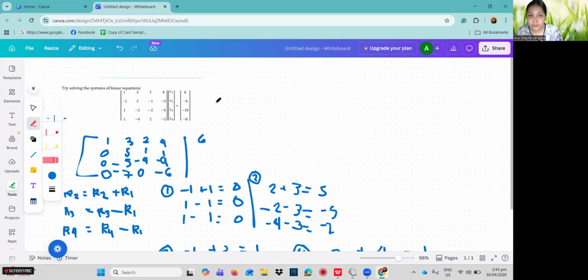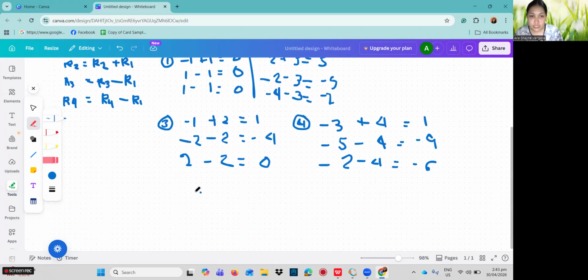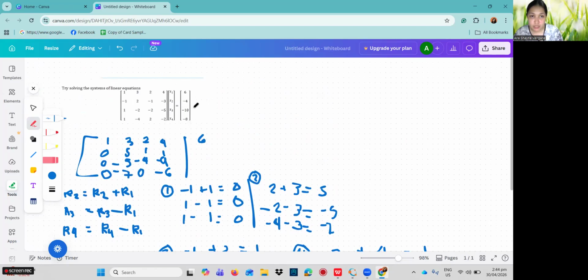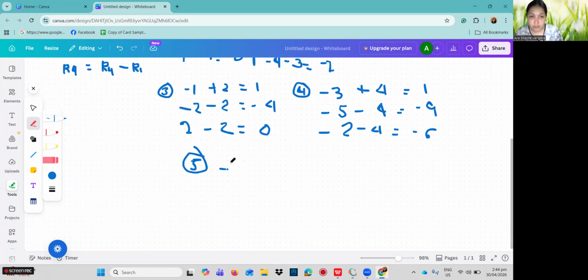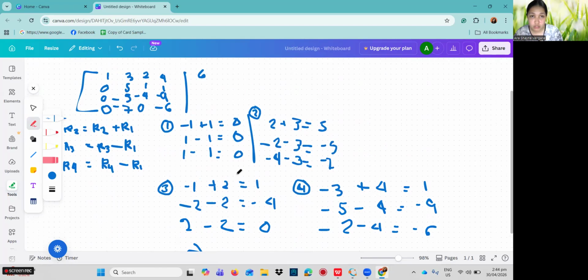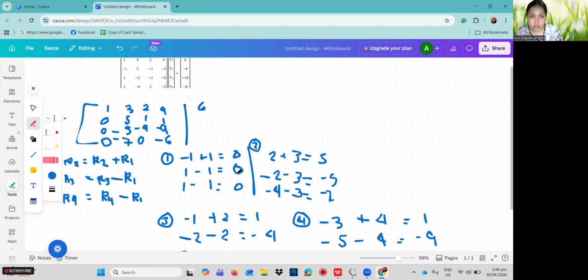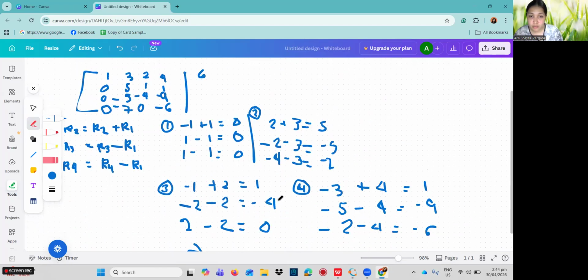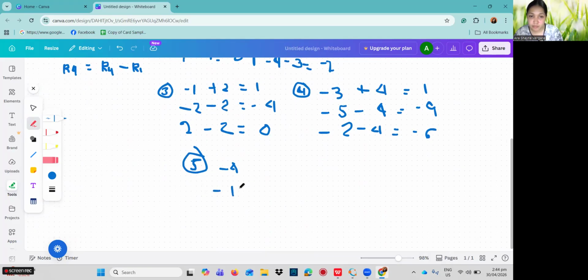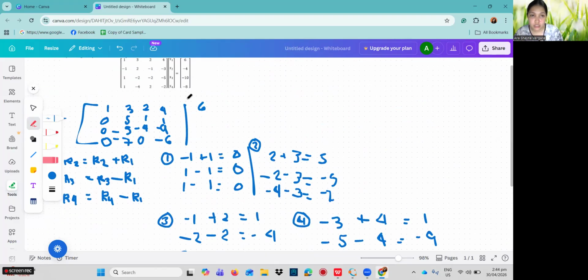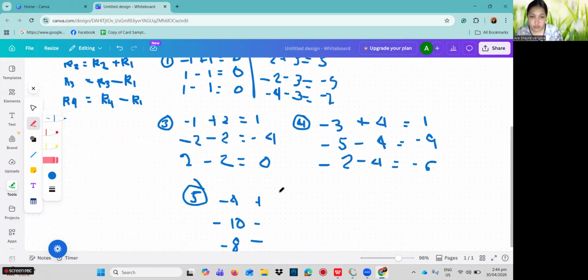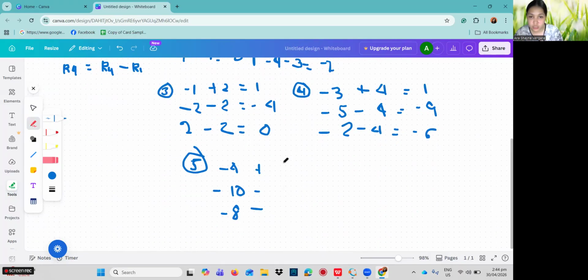Lastly, this one. We have negative 4, negative 10, negative 8, and plus, minus, minus 6. Our R1 is 6.